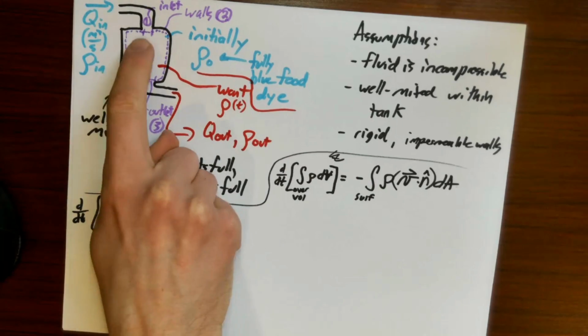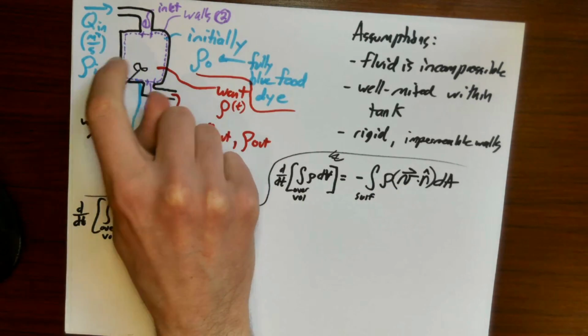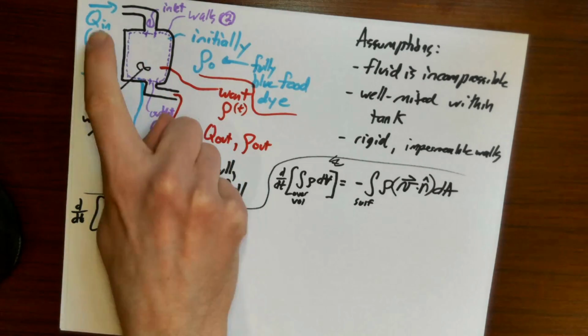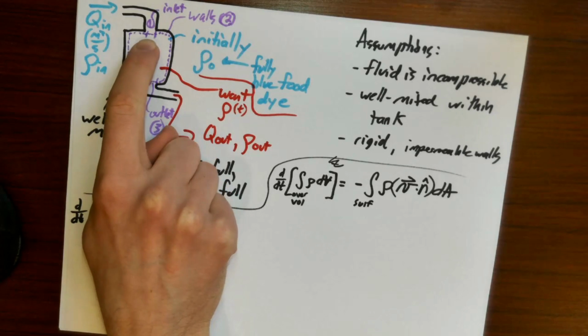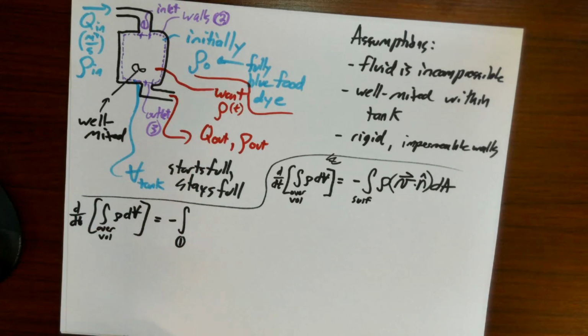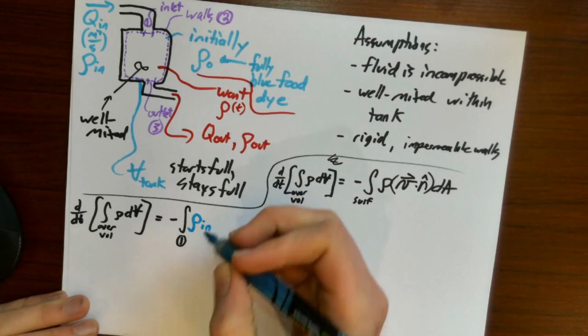So what's the density? And we need to be a little careful with density at this point, right? At surface 1, we're assuming the density is whatever's in the inlet. We haven't yet mixed the inlet fluid with the rest of the tank. We're basically saying it's right at the surface at the inlet. We're still at rho in right here. So at surface 1, density is rho in,